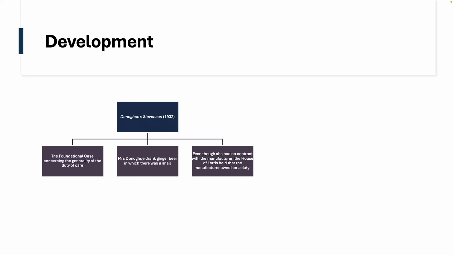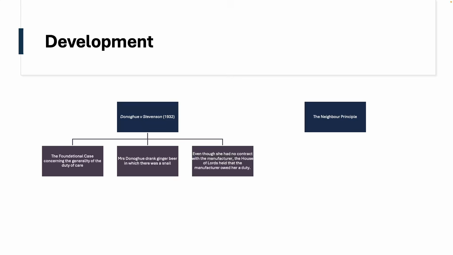Well, the House of Lords held that the manufacturer did in fact owe her a duty of care. And it is not necessarily the judgment of Donoghue and Stevenson that's so important, although it is very important, but also in addition to this, the obiter from Lord Atkin, who enunciates this idea of the neighbour principle. The neighbour principle, which is, like I said, established in the obiter of Lord Atkin's